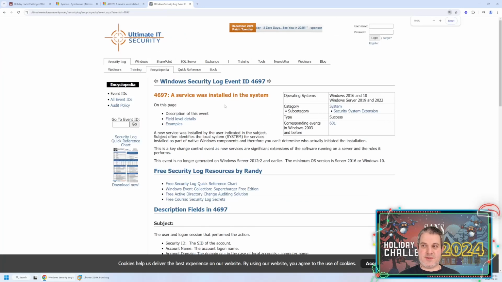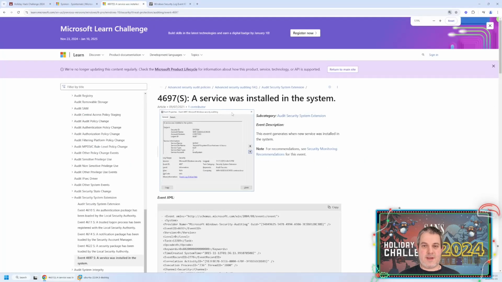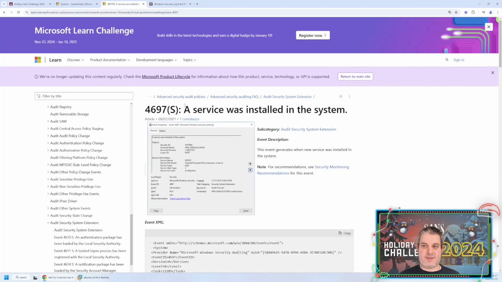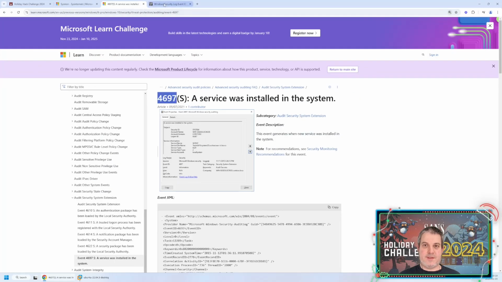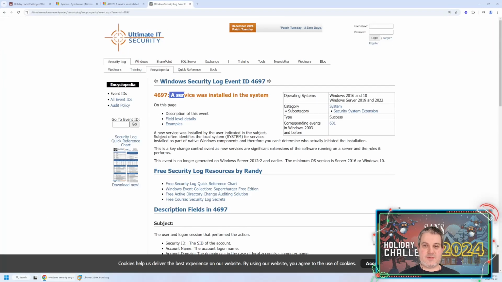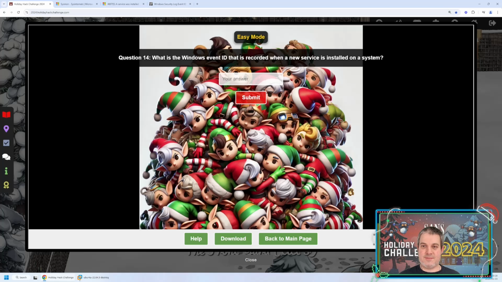So this one is also a phenomenal site that contains the information from the Microsoft documentation, right? So these are both phenomenal places, and you can just search for, like, service installation event ID or something like that to find these with a quick Google search. All right, so that's the event ID,